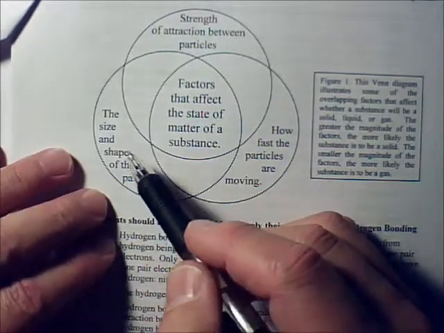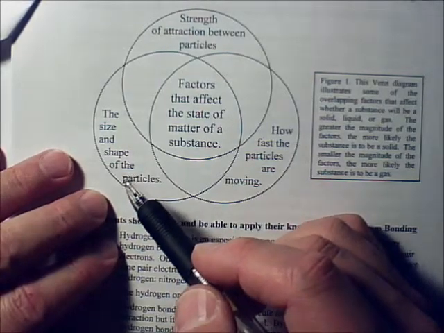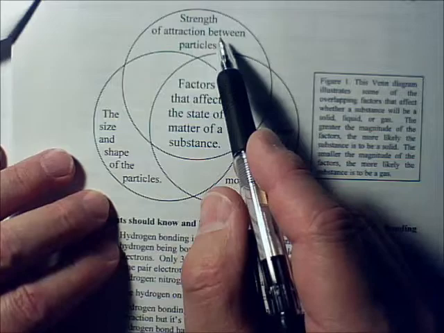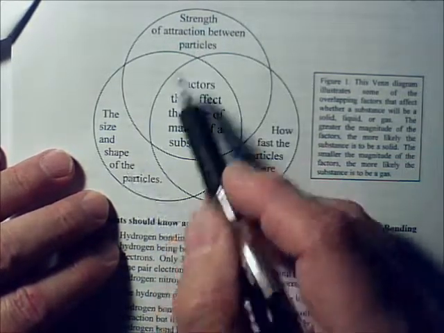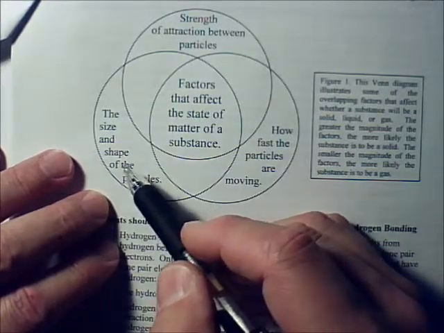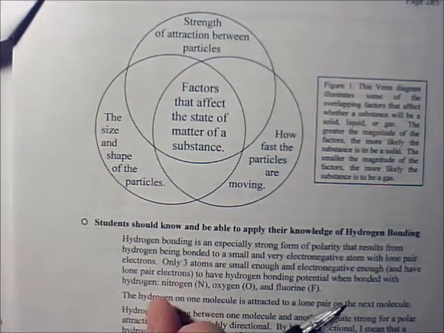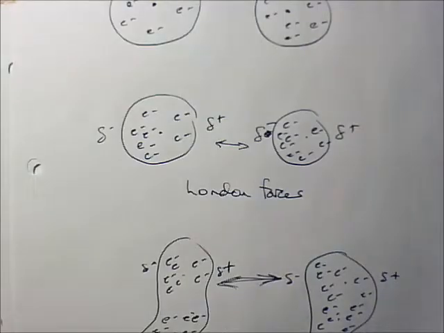Okay? The size and shape of the particles may increase the ability of the attraction to create solids or liquids, and not gases. And the strength of attraction, if it's a stronger attraction, would attract smaller molecules to each other, forming solids or liquids. So all these interplay. They're all working at the same time. Got it? Okay? As a result, then,